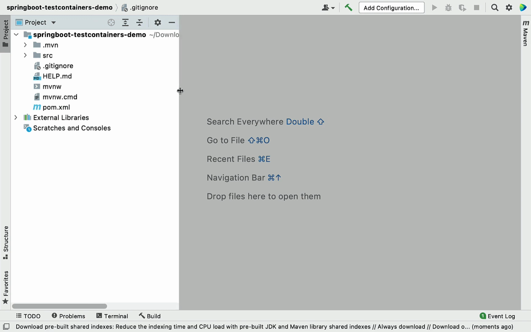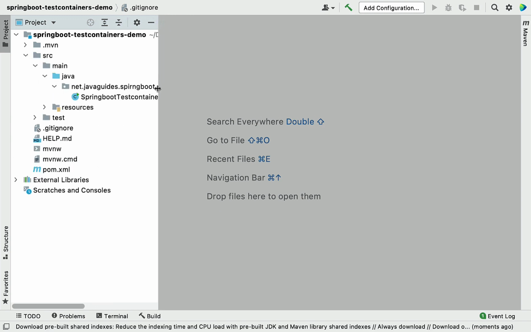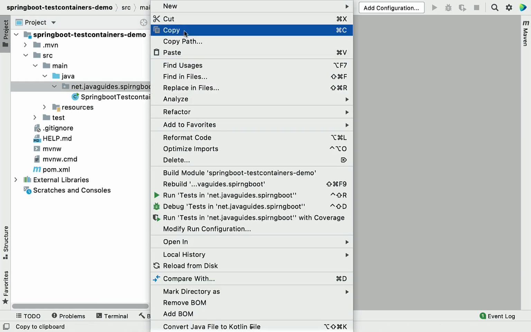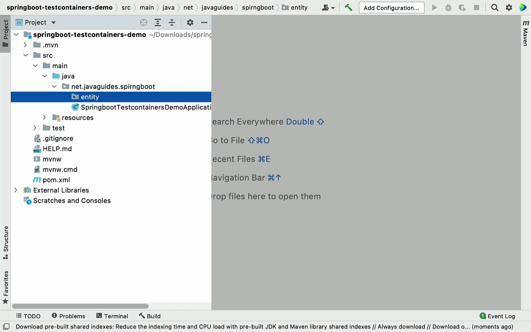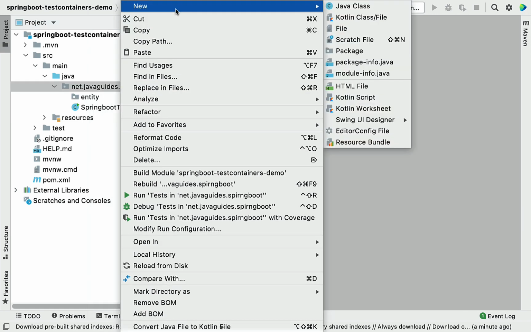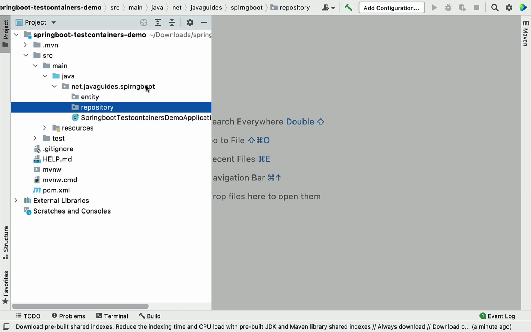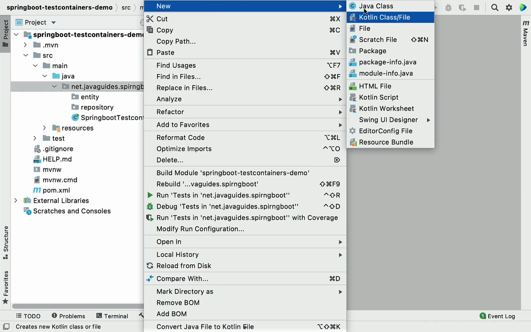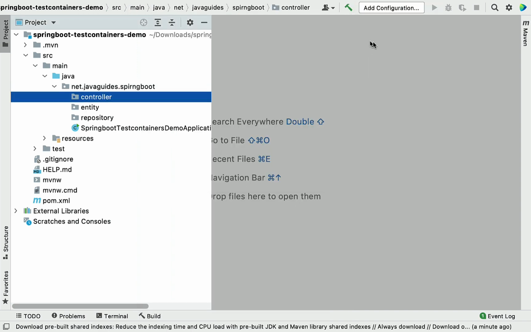Now what we'll do is quickly create a package structure for our project. So go ahead and right click, new, and then choose package. Let's give the package name as entity. Within the entity package we keep the JPA entities, and let's create one more package. Let's call it repository, and again let's create one more package. Let's call it controller. Alright,